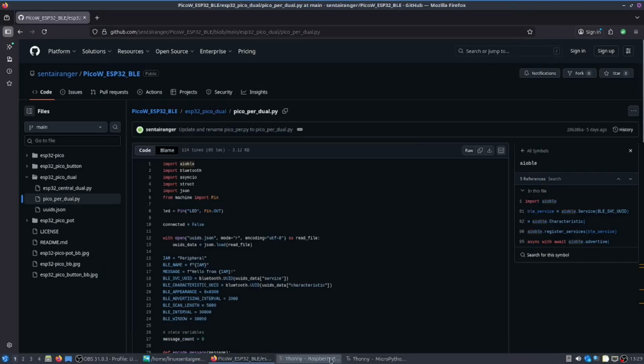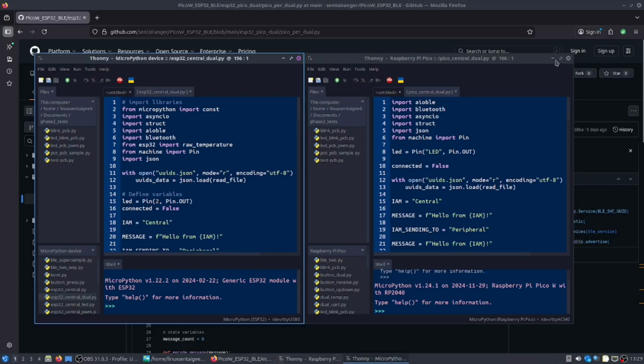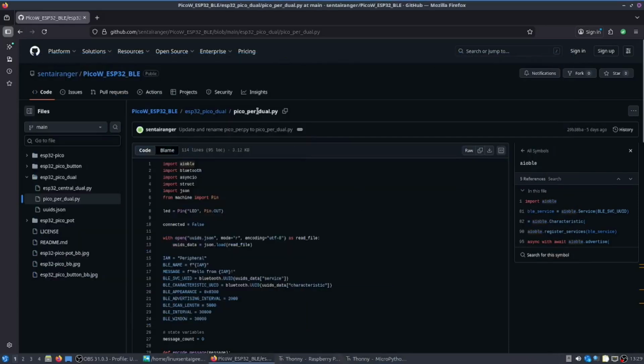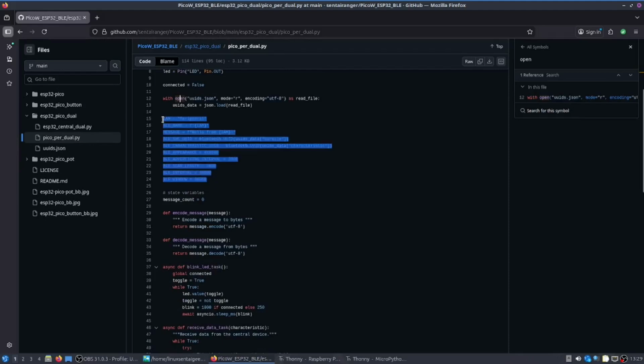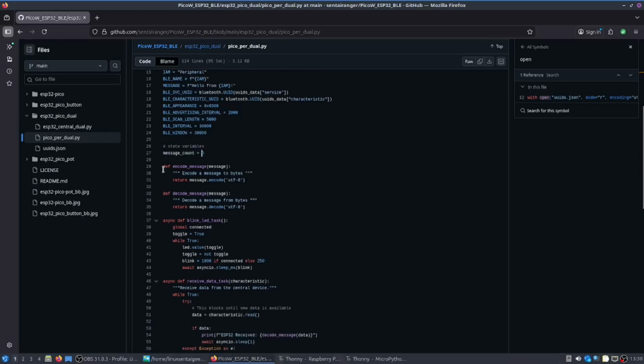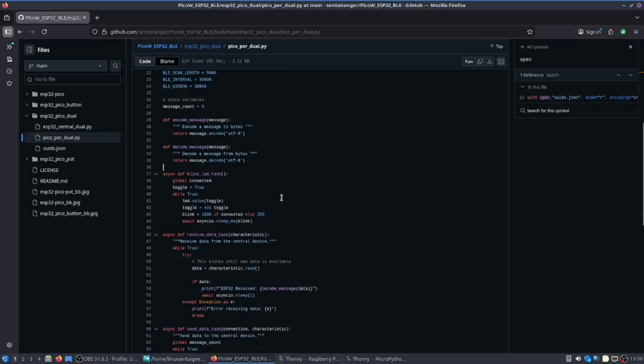Now I have it here on GitHub, but I have the code also on the Thonny, which we will run. So the first thing we're going to do is check out Pico peripheral dual.py, which is for the Pico. So first we import the libraries, then we define our LED. We have false for connected. We read the UUIDs file. We set up our Bluetooth peripheral parameters. That includes the BLE name and message and everything else we need. Our message count, our encode and decode functions for the messages, and then of course we have our blink LED